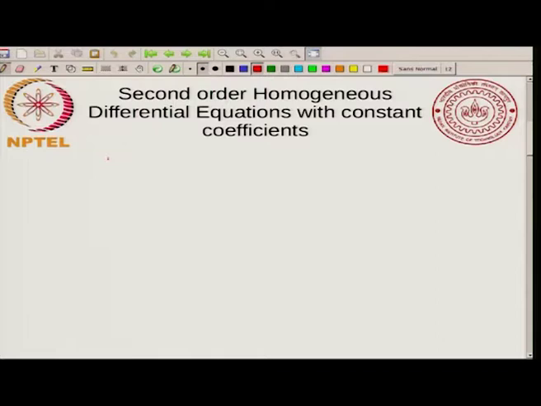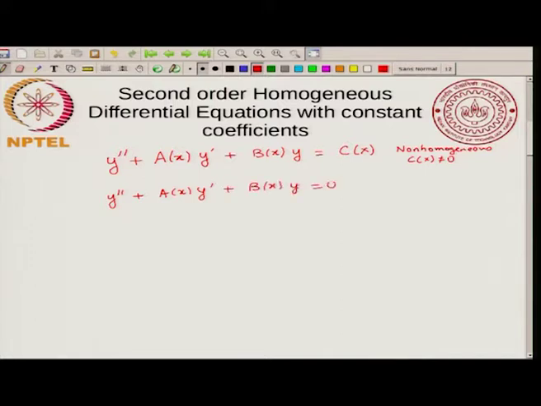So, we said that we can write a general second order linear differential equation in this form: y double prime plus a of x y prime plus b of x y is equal to c of x. If c of x is not equal to 0, this is called non-homogeneous. If you have c of x equal to 0, then you have y double prime plus a of x y prime plus b of x y equal to 0. This is homogeneous,